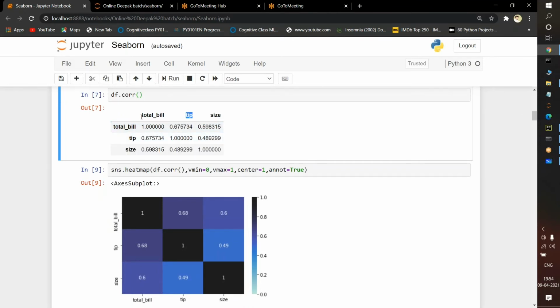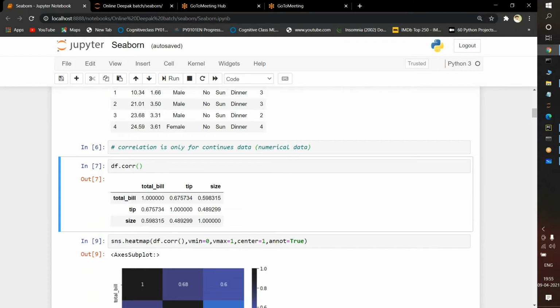Again, if you see here, in the first observation, I passed total bill to total bill, total bill to tip, and total bill to size. But in the second observation, what am I passing? Tip to total bill. Total bill to tip, what is the value? 0.67. Here also it will be the same. Tip to total bill, and tip to tip will be 100%. I told you, from a column to itself it will give you 100%. From tip to size, it is going to give you 48, and size to tip also 48, and size to size I will get 100%.